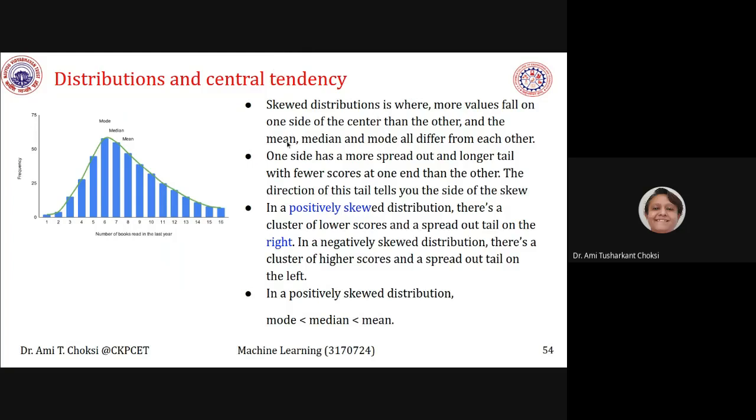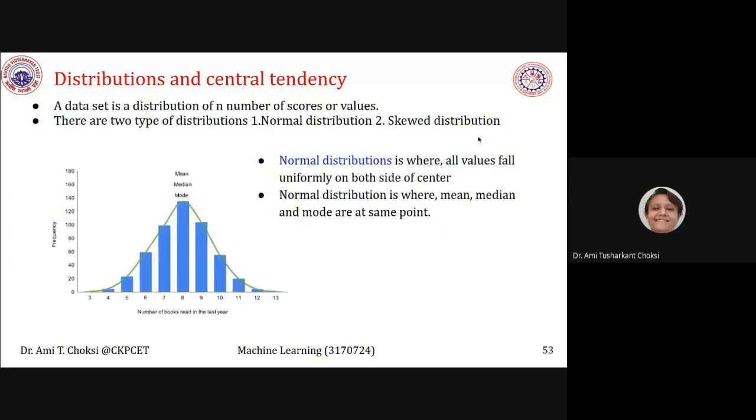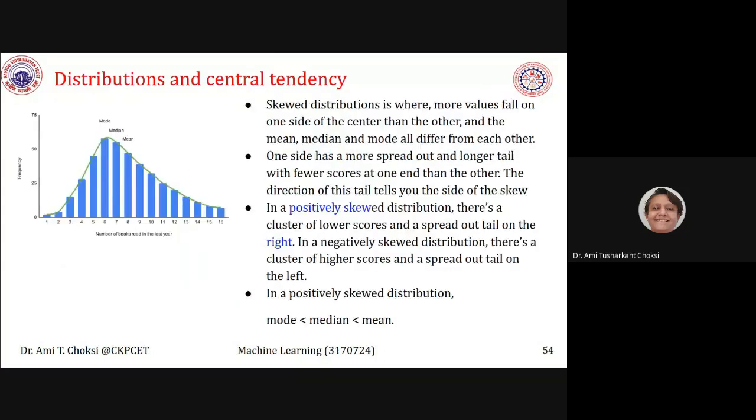So mean, median and mode all differ from each other. They are not found at the same place as in normal distribution, right? We can see here mode is here, median is here, mean is here.